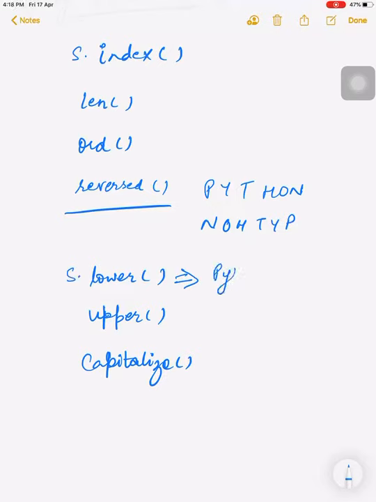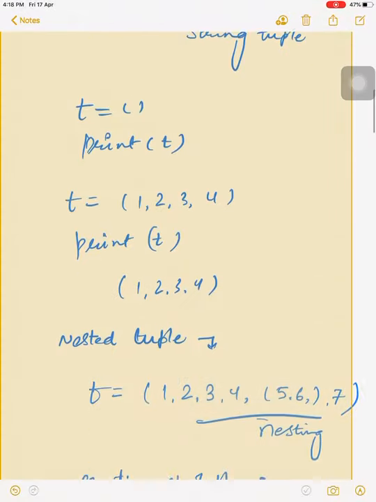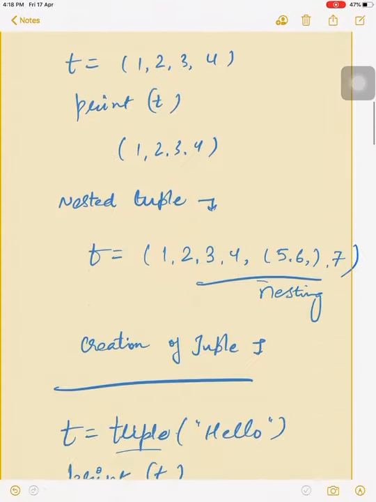The lower function signifies what? It will convert all the characters into lower case. If I write s dot lower, then what will be the output? Output will be in the form of lower case characters, which are stored in your capital letters.